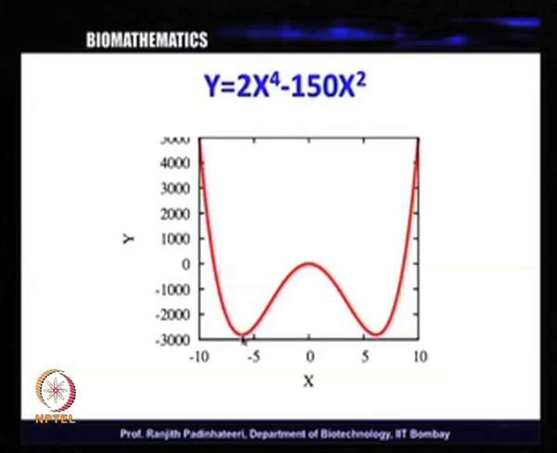So, just by equating the derivative to 0, we found three extrema: 0, plus 6.12, minus 6.12. This is the idea which I want to convey to you, that if you find the derivative and equate this to 0, what you will get is basically the